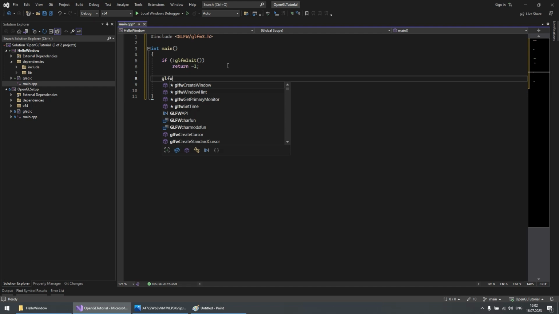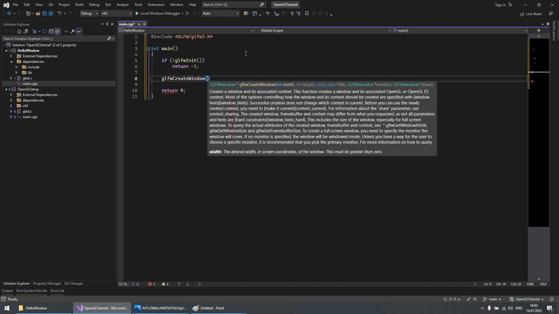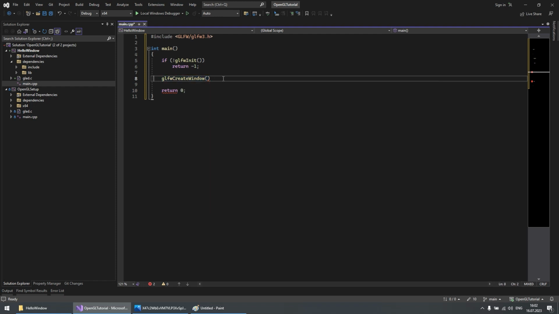So the next step is creating a window using GLFW. If we call the function glfwCreateWindow, we can see that it will return a GLFWwindow pointer, and it gets width, height, title, monitor, and share. These last two parameters are optional, but we can pass the other ones. And we can store its value to a GLFWwindow pointer, and we call it window.